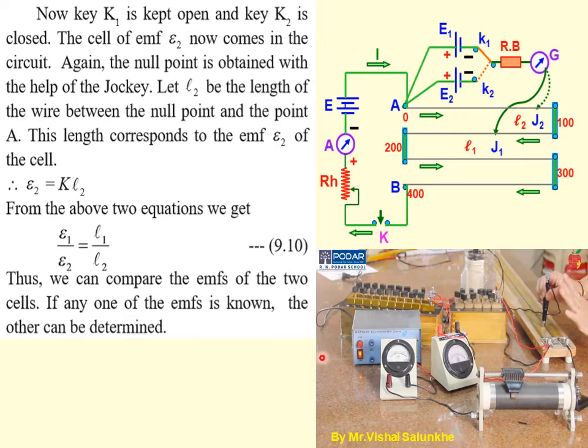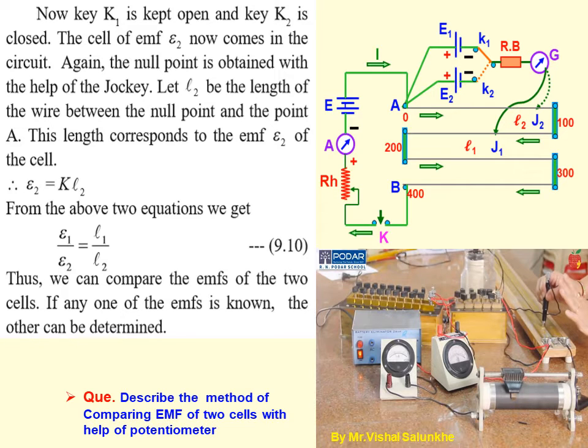So this is the actual practical setup. Here we can see this is the cell we are using, Leclanche cell. These are the two resistance boxes, any one we are going to use, and this is the potentiometer exactly we can say, and this is our jockey. Here we can see this is the jockey, we have to slide over the manganin wire. Here we can see the jockey with a metallic contact over here. This is the rheostat, and this is the ammeter we have to use with this auxiliary battery of EMF E. So hope you understood.